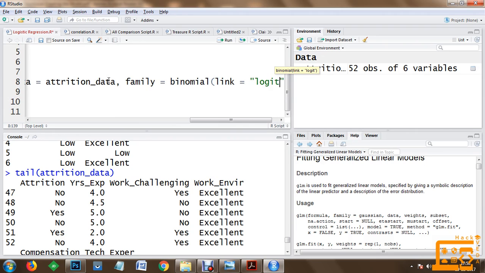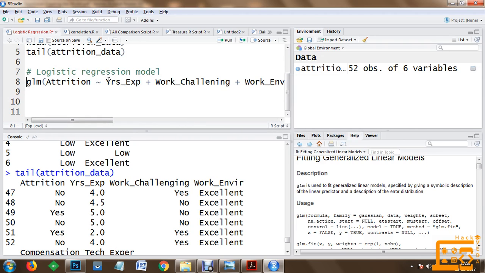Once this information has been specified, our GLM model will be created, and we are going to keep that in an attrition logistic model, or let's just keep it a little shorter, attri-logi model. So this will be our attrition logistic model generated using the GLM function.